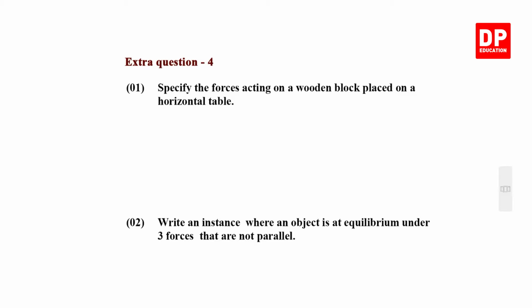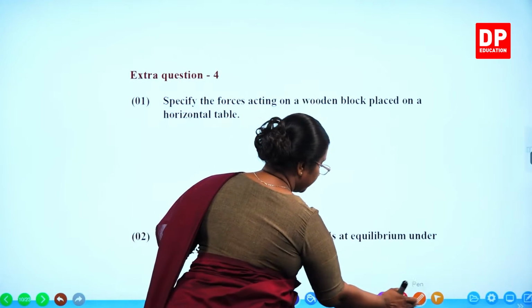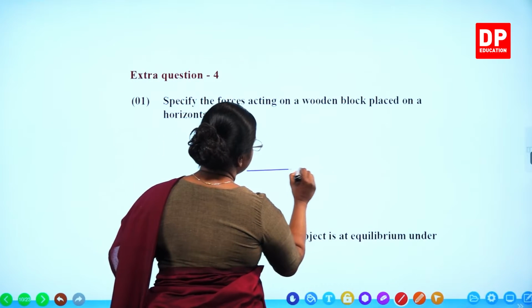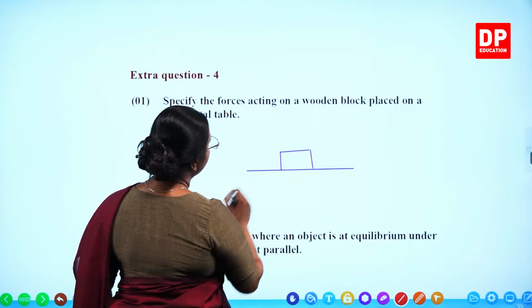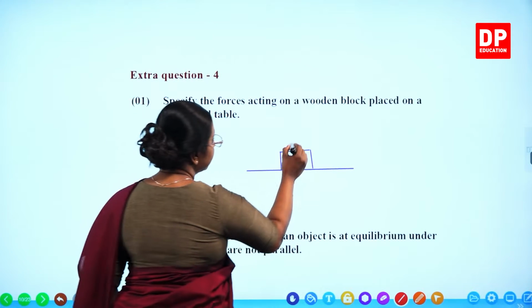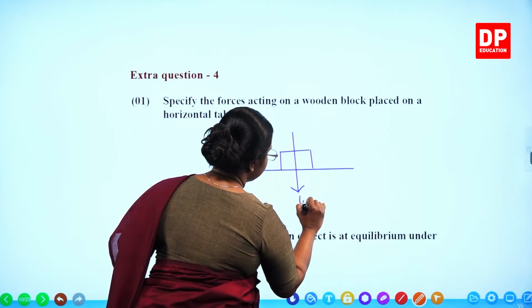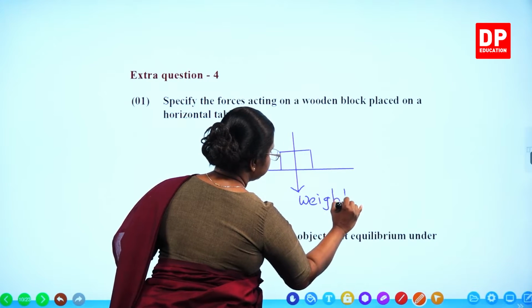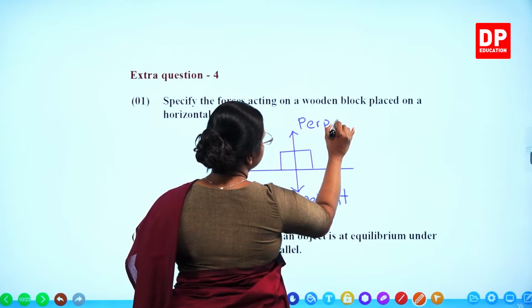Extra question 4. Specify the forces acting on a wooden block placed on a horizontal table. You are familiar with this instance. Again, we have discussed similar questions. So, there is a horizontal table. An object is placed on the horizontal table, or a wooden block is placed on a horizontal table. What are the forces? Always the weight acts downwards. And what is the force acting upwards? It is the perpendicular